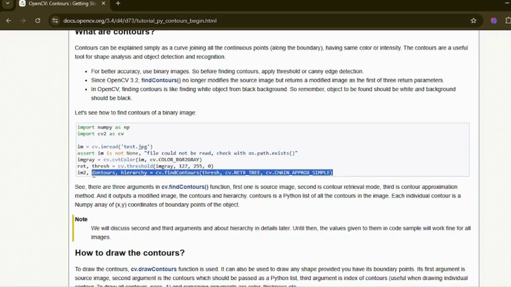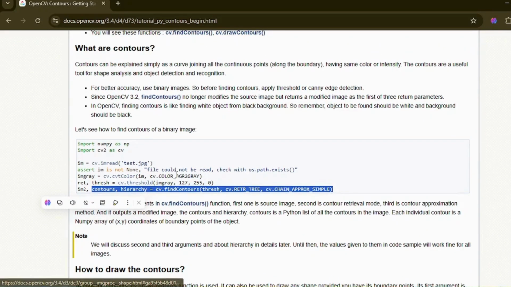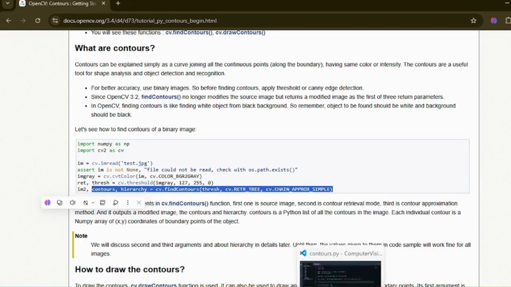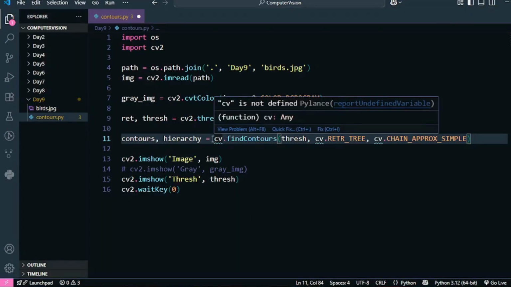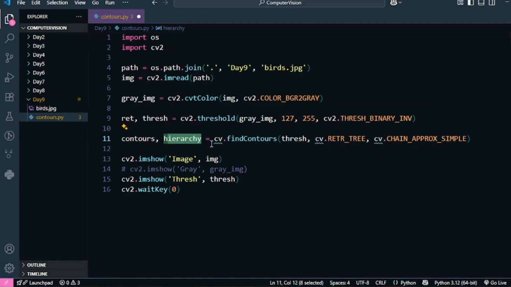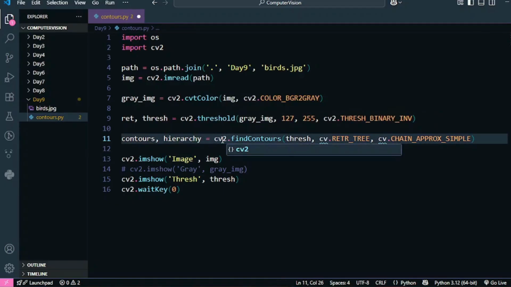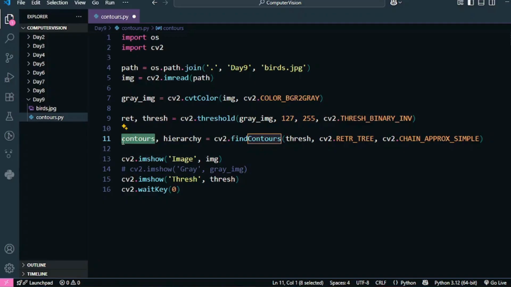According to the documentation, it is returning three things, but it totally depends upon the version of OpenCV you are using. The version that I'm using will only return contours and hierarchy to me. So I'm just going to copy that here. The reason why I copied it is because I don't know this pairing of hierarchy. I know that's embarrassing, but I'm using OpenCV2, so I'm going to make it cv2. So let's see how it's going to find the contours. This function is going to find the contours, and it's going to store them in this variable contours.